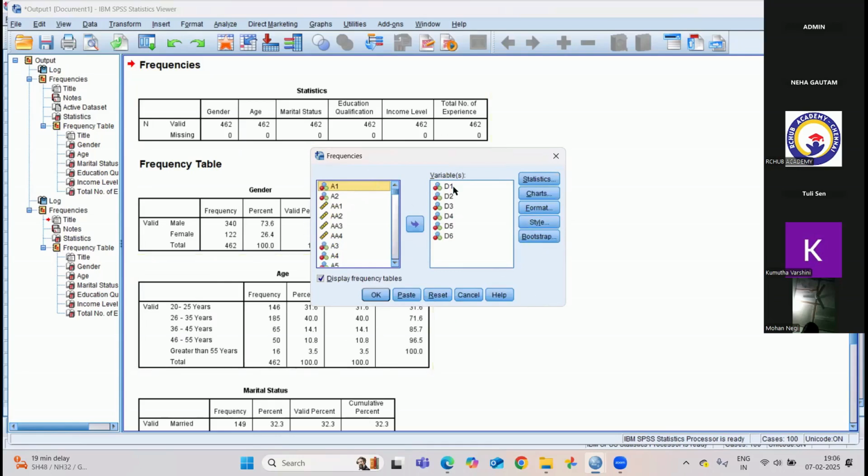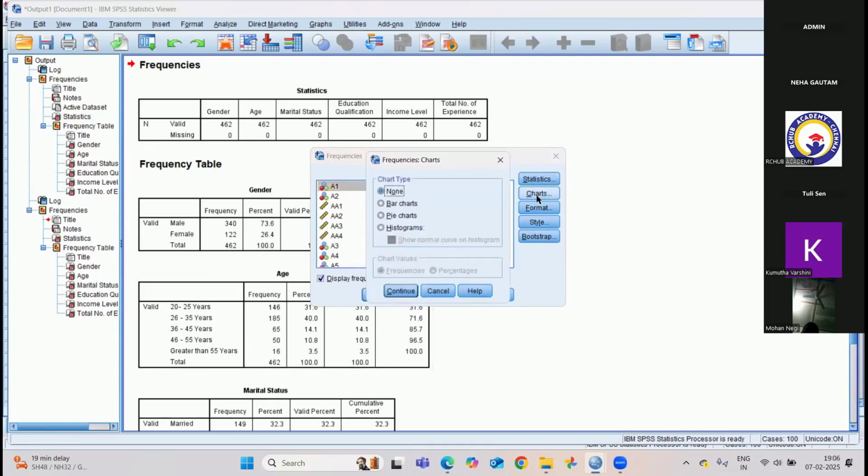In this window, in the side box, you will have an option called chart. Click on this chart mark. Once you have clicked, you will be asked what kind of chart you want. You either click on the bar chart or the pie chart. For simple cases, if you're dealing with only one categorical data, then pie chart or bar chart, anything